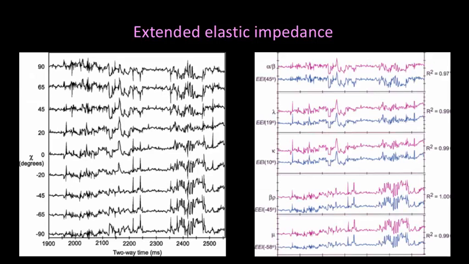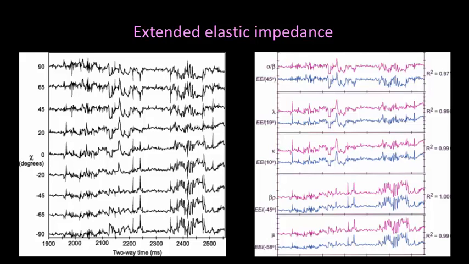Now, using this formula, they calculate the extended elastic impedance at all the angles between minus 90 and plus 90, and that'll give you these types of curves. Now, you correlate each of these curves with the individual property that you want to determine. For example here, the lambda curve determined from the log data. If you correlate this with these extended elastic impedance curves generated at every angle, at 19 degrees you see there is a correlation coefficient of 0.99. So what it means is that extended elastic impedance at the angle of 19 degrees is your lambda curve.